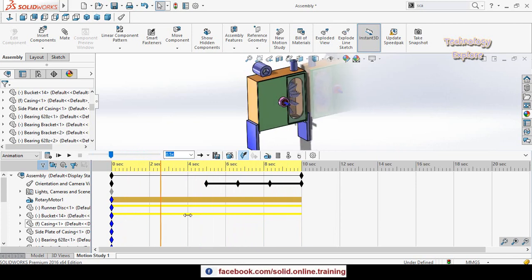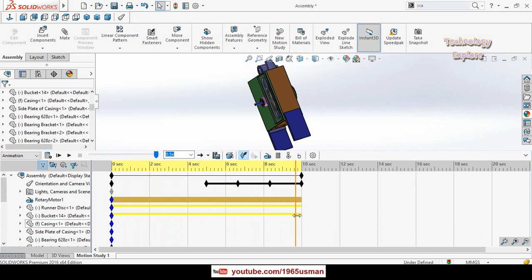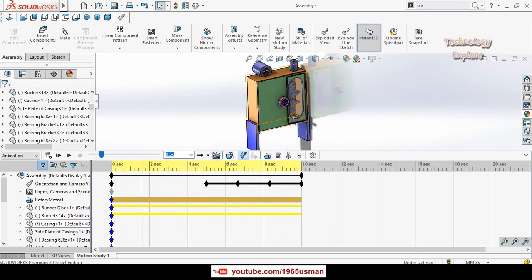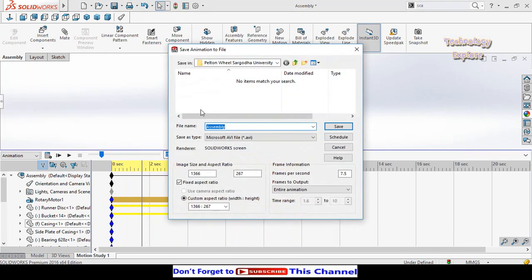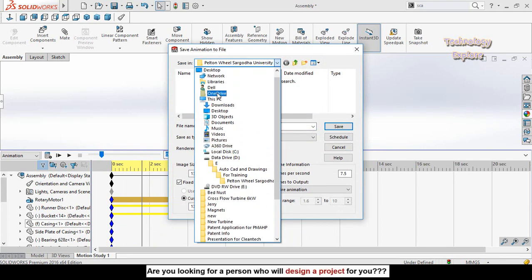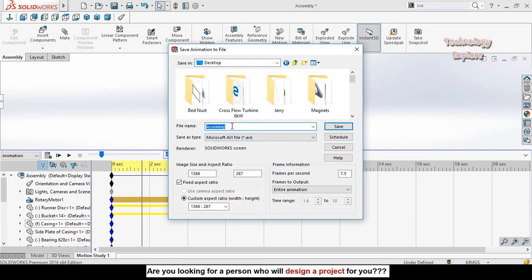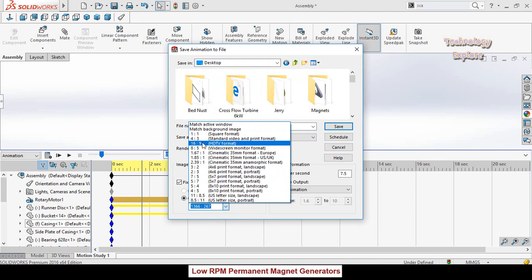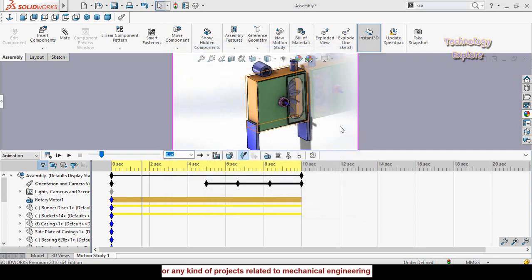Now if you want to save this animation on the hard drive, click on this button Save Animation, then specify the save location, name the animation, then from here select the aspect ratio, and I'm going to select 16:9, then press the Save button.